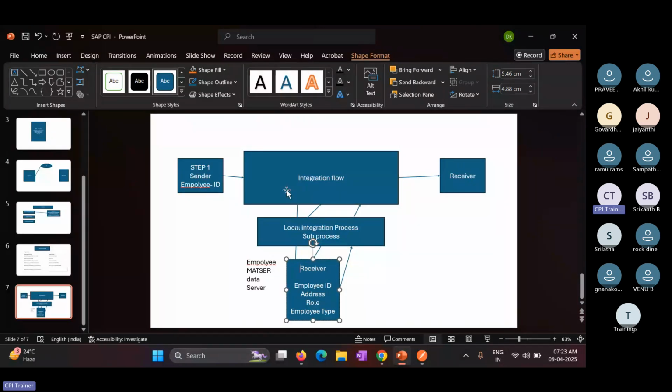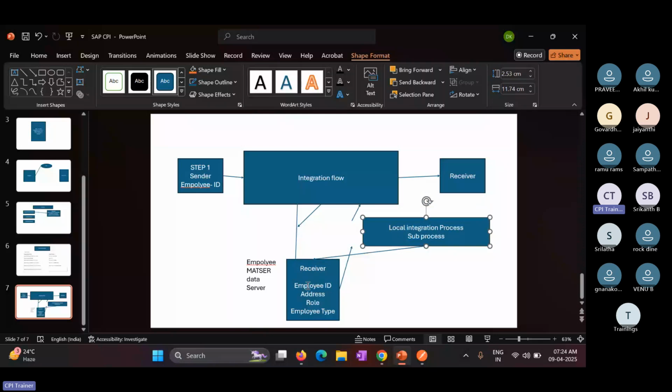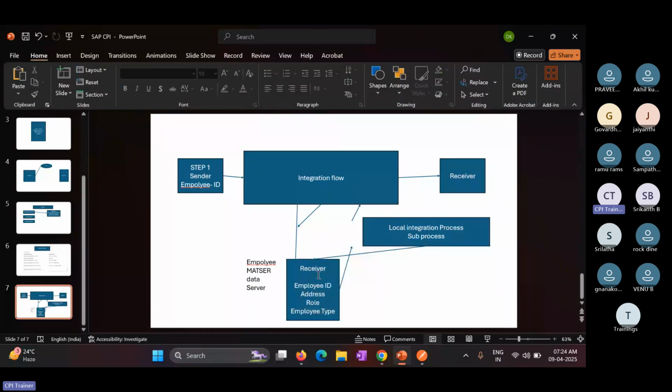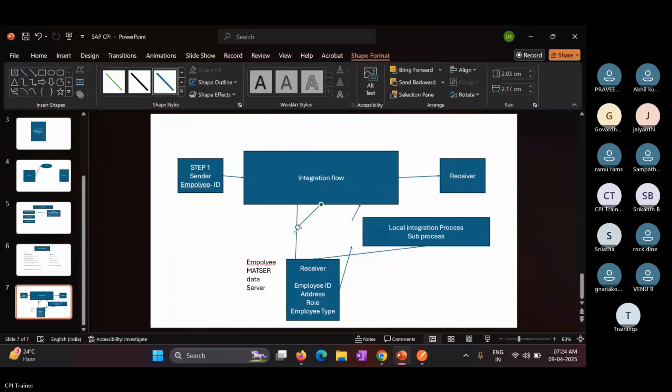At that time, what will happen is, once the first message comes to the receiver integration flow, if you are directly calling it, so you don't have a local sub process in between, then unless until the message is received from the receiver, these details will be received from the receiver. Until this process completes, the other messages that the sender is sending will be in the queue. For example, if you go to any store,